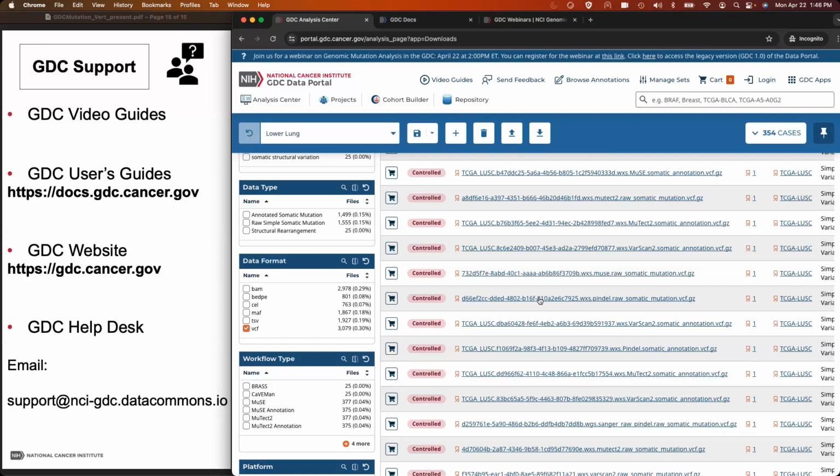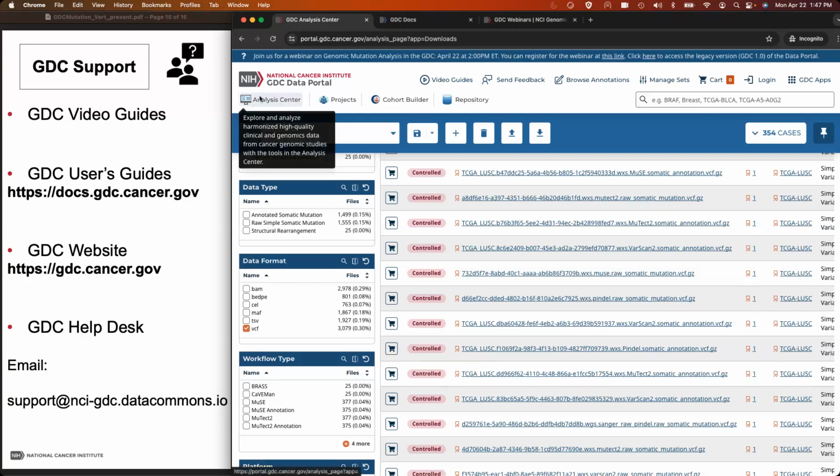Okay, and it looks like a question is, what is cancer gene census? Yeah, so my understanding is that it is a curated set of genes that have been experimentally shown to be involved with cancer. I'd recommend they have lots of information online. So it comes from an external database. They can tell you more about themselves than I can, but we do use their curated list to filter down